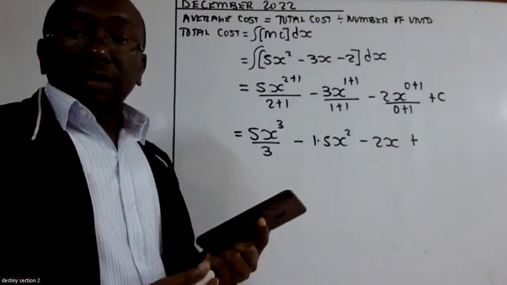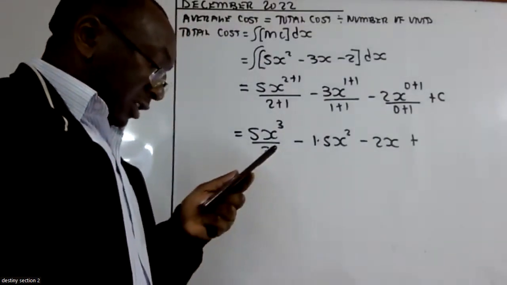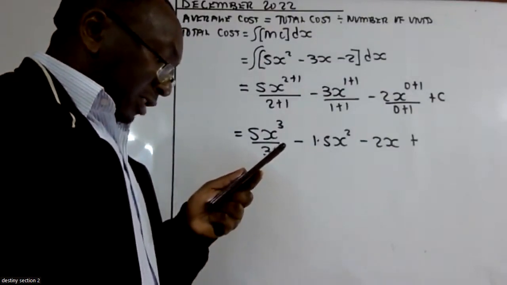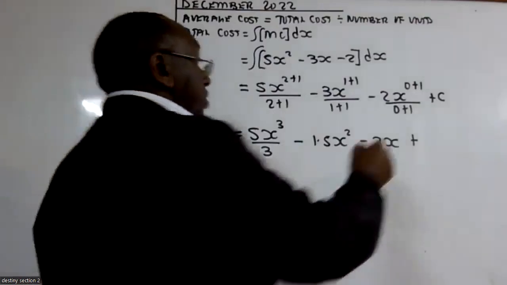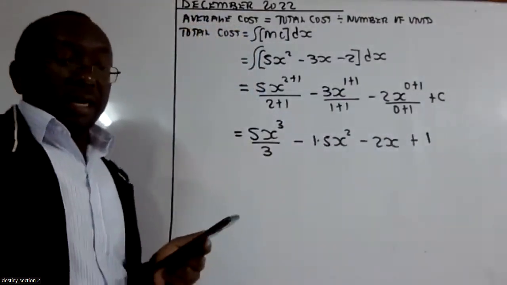The fixed cost. Good, the fixed cost. We are told the fixed cost is 1,000, and because the functions are in thousands, then you just say plus 1. That is the